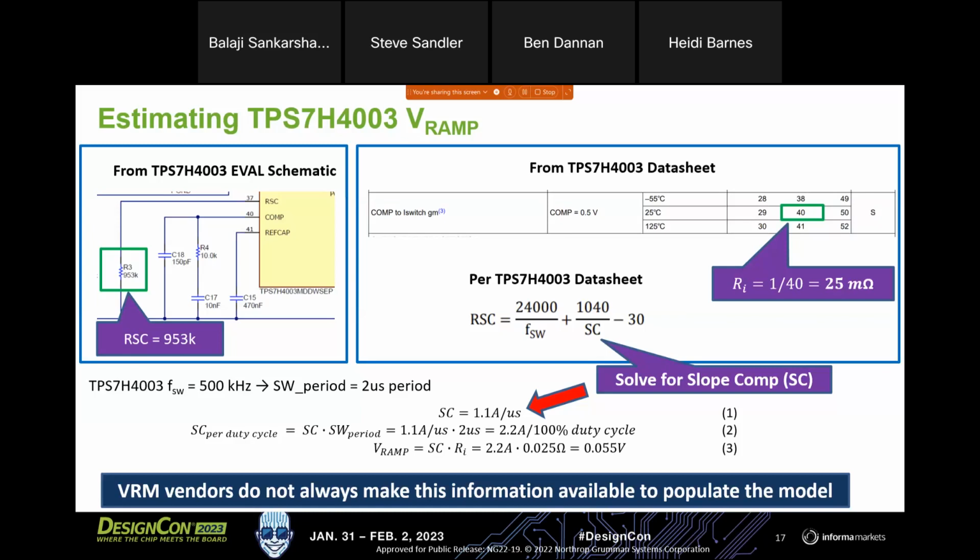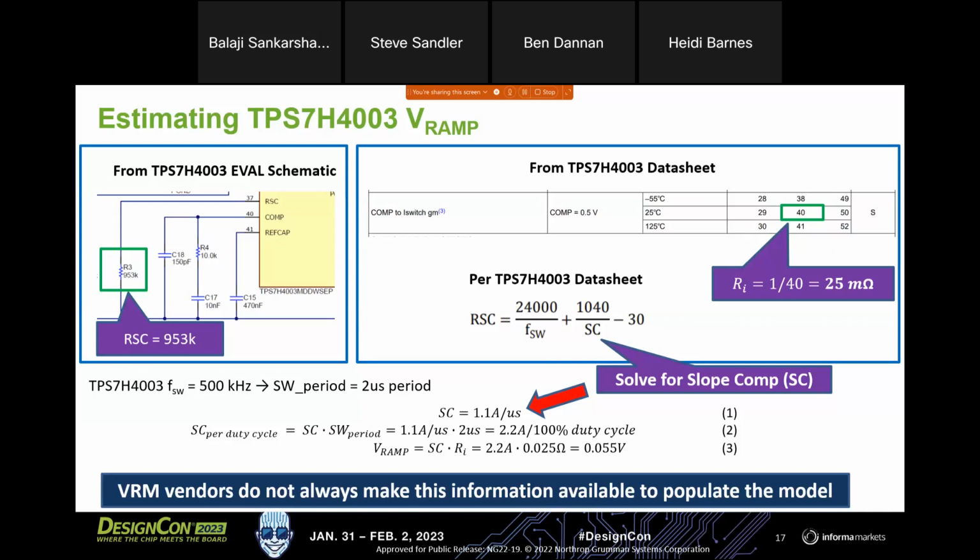Because we now have a nominal value for our RI, and we have this equation that they gave us, which is based on this RIC, a resistor that you set outside the part, which I'm showing you in that simple schematic diagram, you can solve for slope comp. If we solve for slope comp, we get 1.1 amp per microsecond. I'm sorry, 2.2 amps per 100% duty cycle is what the slope comp per duty cycle is. We multiply that by our RI term, and we can solve for our VRAMP. And so our VRAMP comes out to be